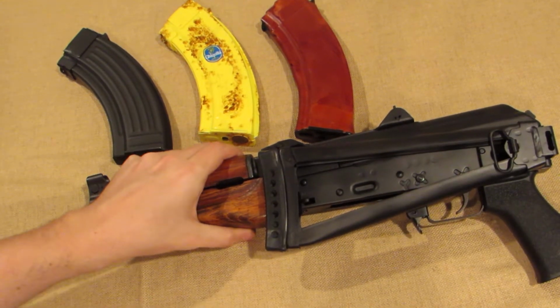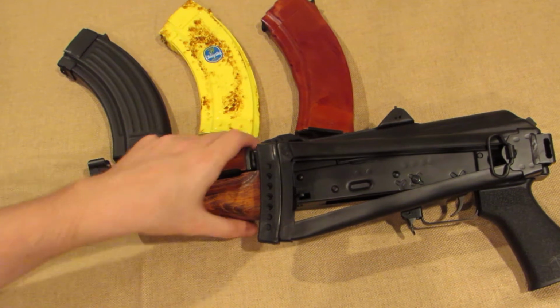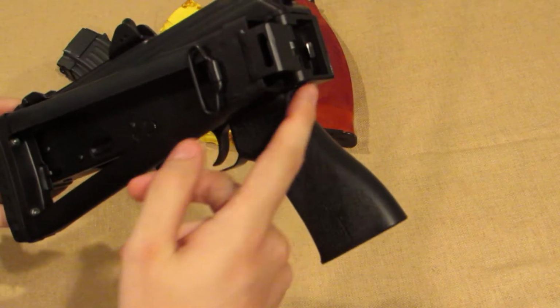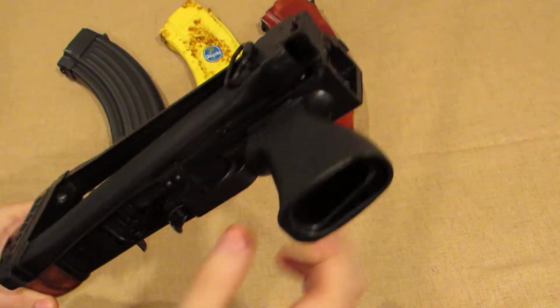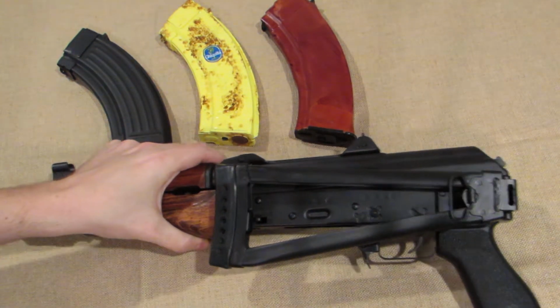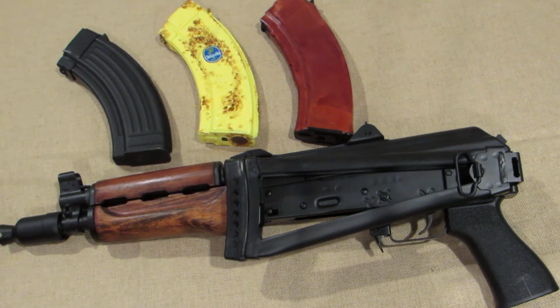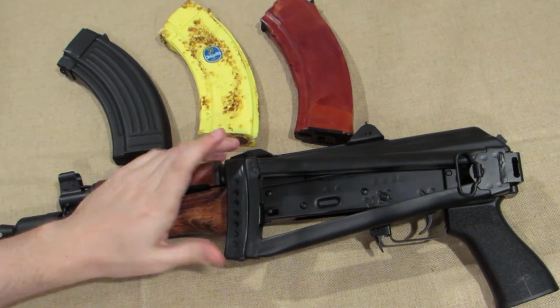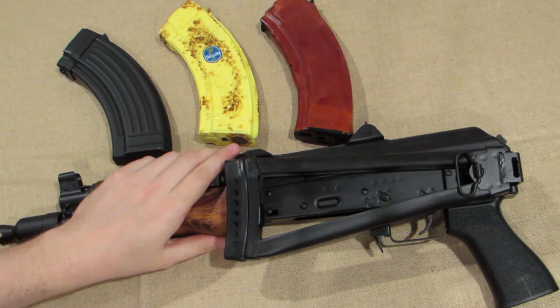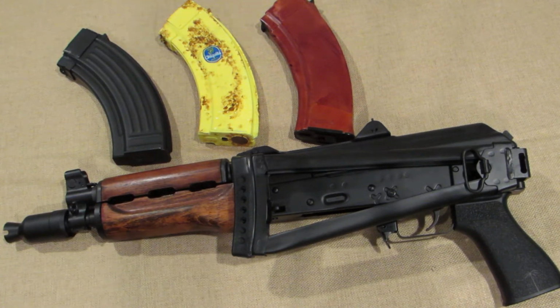Now with the M92, there's so many different options. A lot of people choose to go the pistol brace, which usually bolts underneath the pistol grip here. But I knew I wanted an SBR right from the get-go. I just like having an actual stock that's a little more stable than a brace, but a brace isn't a bad way to go if you're kind of unsure